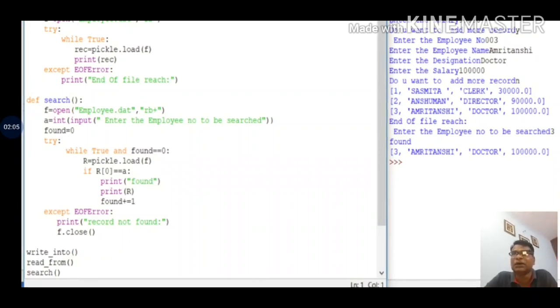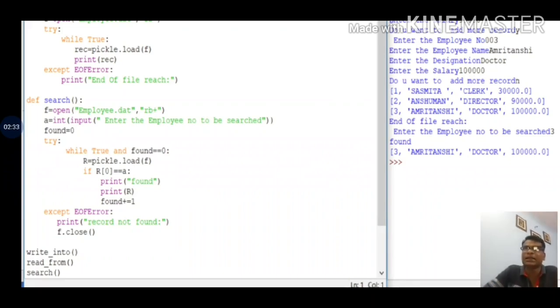Now you are searching according to the employee number. r is a list, and if r[0], the employee number, matches the employee number you input, then print that the record is found, and print that record. If not found, then go to the next record, found = found + 1, and repeat the whole statement.